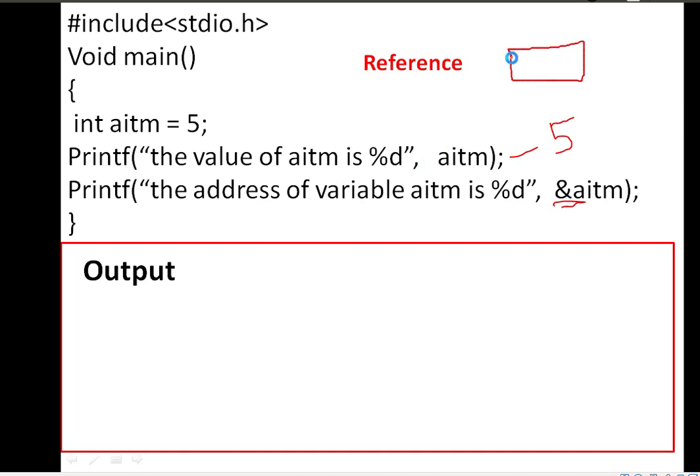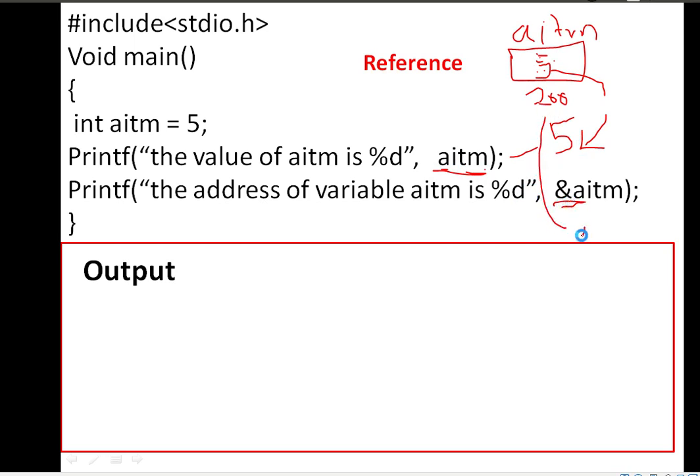Consider this one. This is a variable name, aitm, and it has the address 200 or 2000, okay, and it has the value 5. So we are printing the value of aitm. What is the value of aitm? 5 will be printed. Then here we are printing the address of the aitm variable.